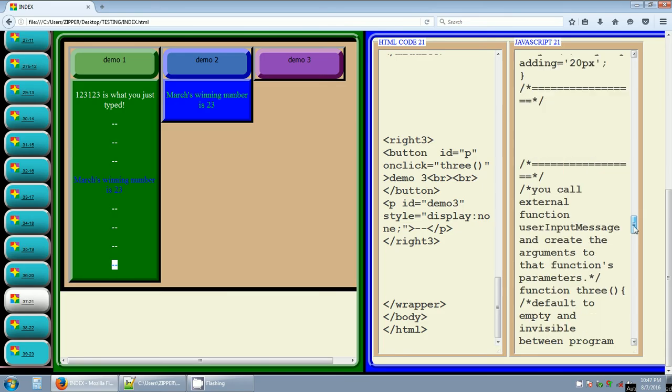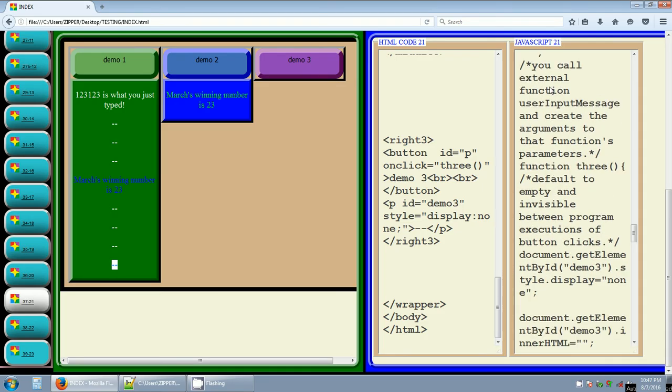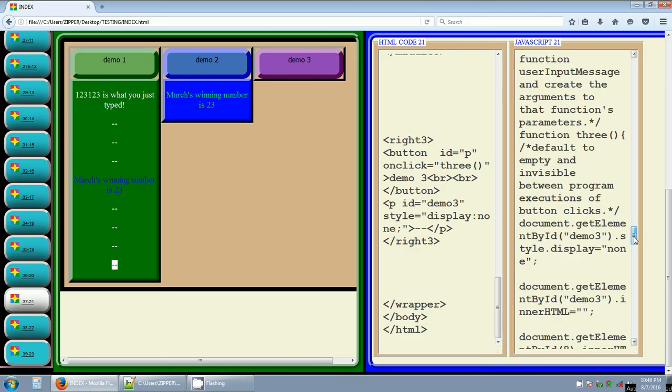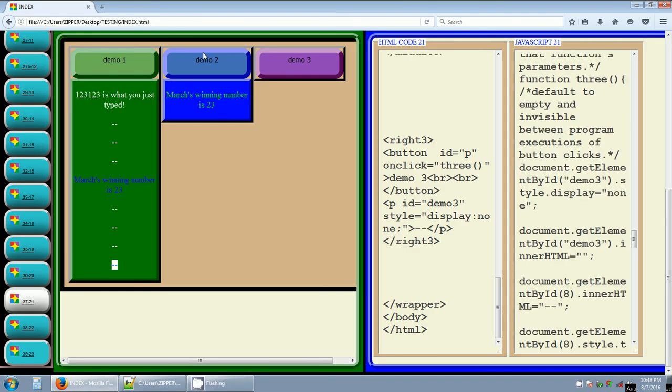Okay, so now here's another note to myself. You call external function user input message and create the arguments to the function's parameters. Okay, so this is what we're going to do with function 3. When you click demo 3, this is the function it's actually going to call. The first thing we're going to do, which is different than these two buttons,